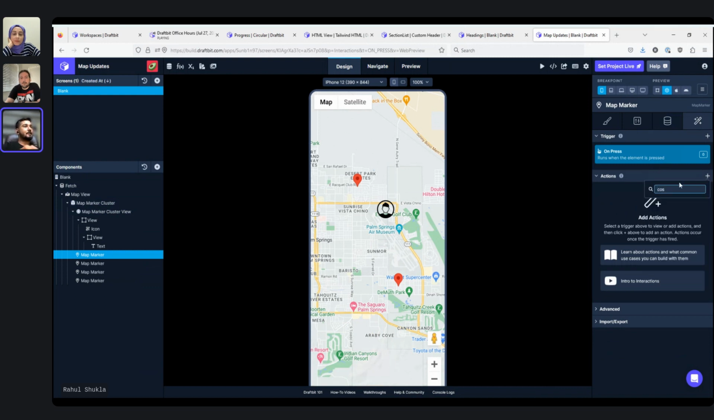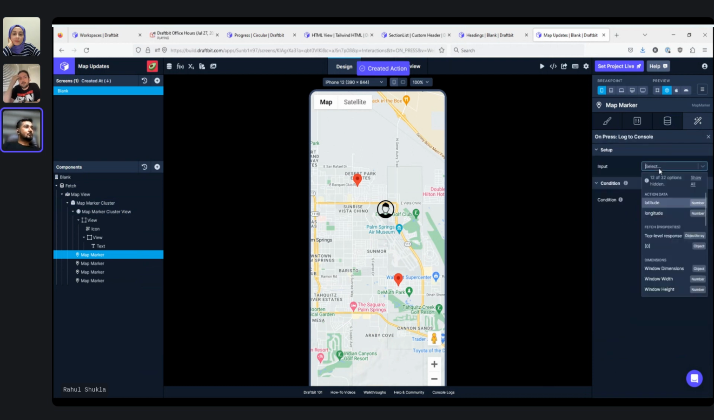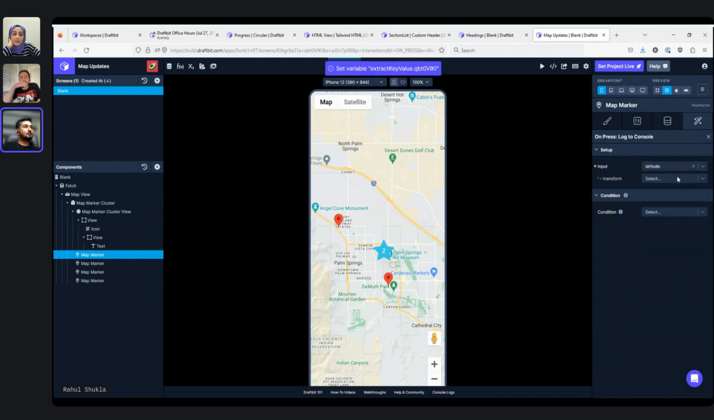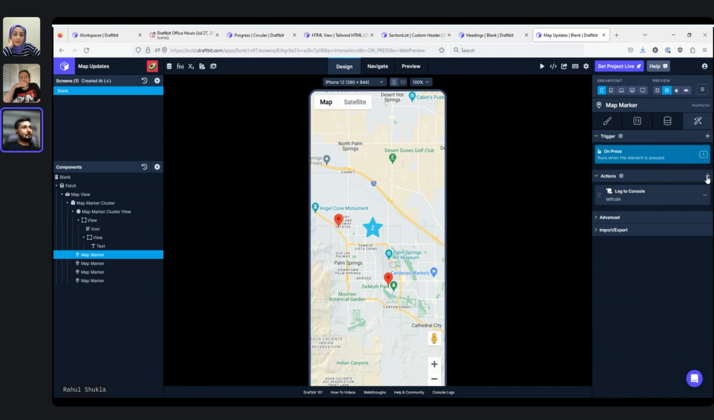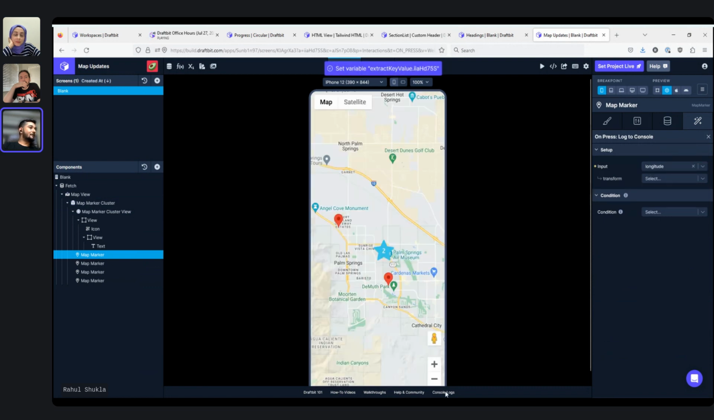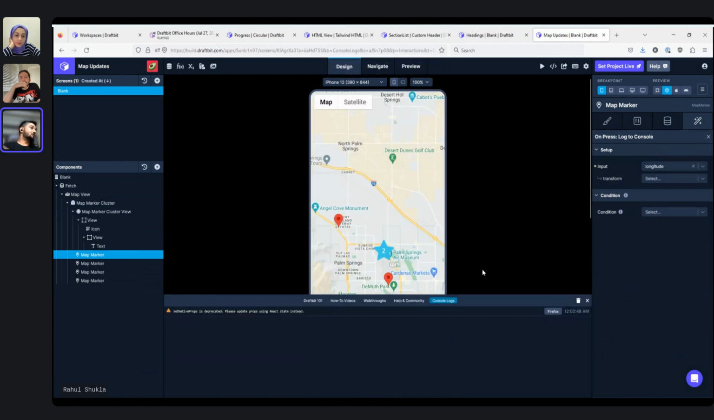We also added an on press trigger on our map. So I can basically print out the latitude, and I can also print out the longitude. Sometimes there would be use cases where you're showing a map and you want your user to place a custom marker there. This would give you that ability. So if I click, for instance, somewhere on the map,